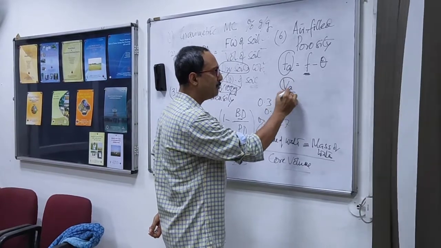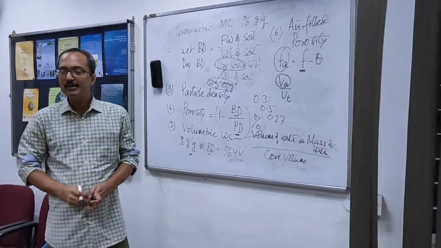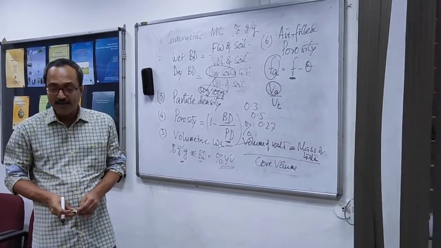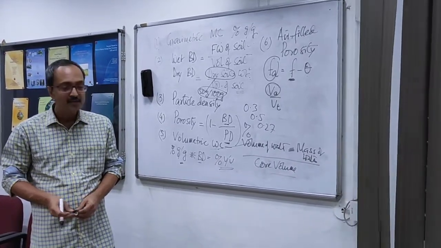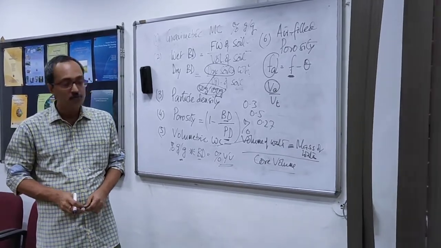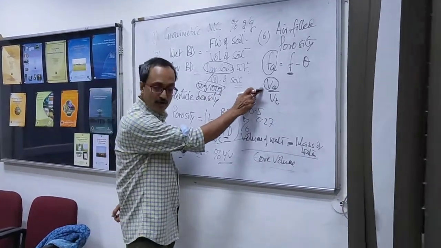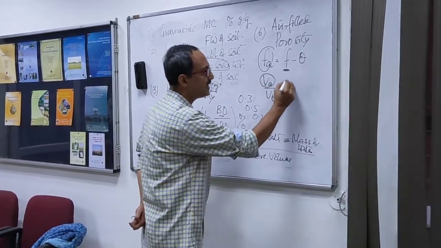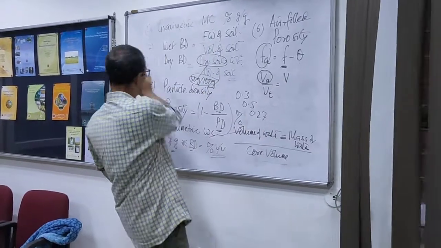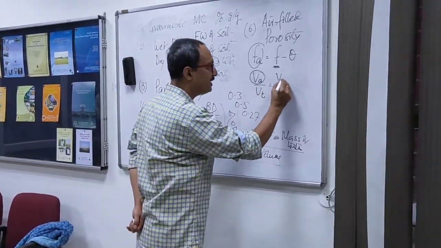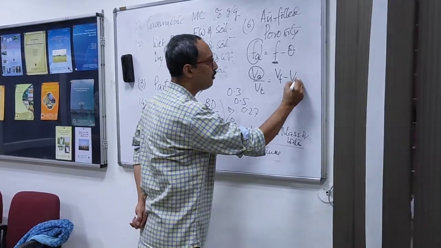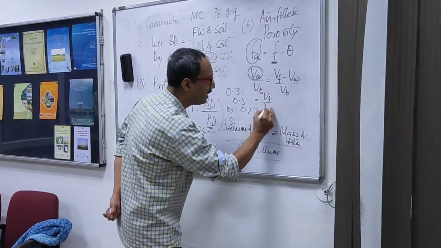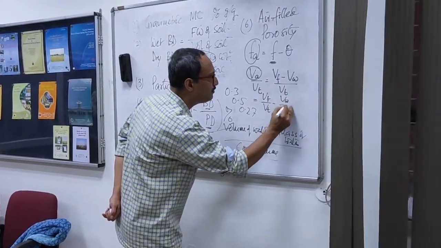VA is the volume of air. What is the volume of air? It is the volume of pores which is not occupied by the water. So it will be simply the porosity minus your volumetric water, but in this case it's only volume, remember. As you are dividing by VT, what is VA? VA is simply the volume of pores, I will write it as VF, minus the volume of water, divided by VT. This is equal to VF by VT minus VW by VT.